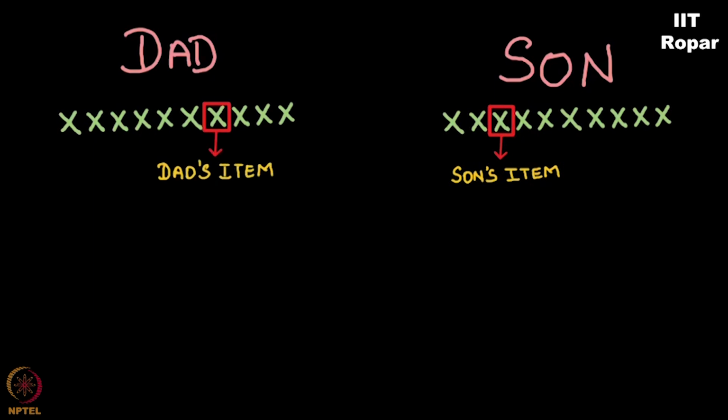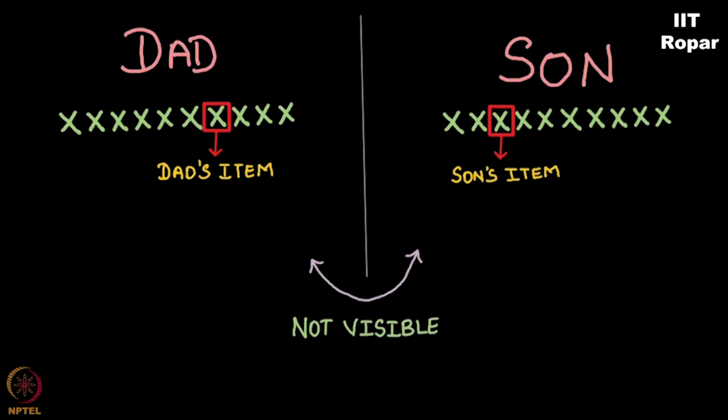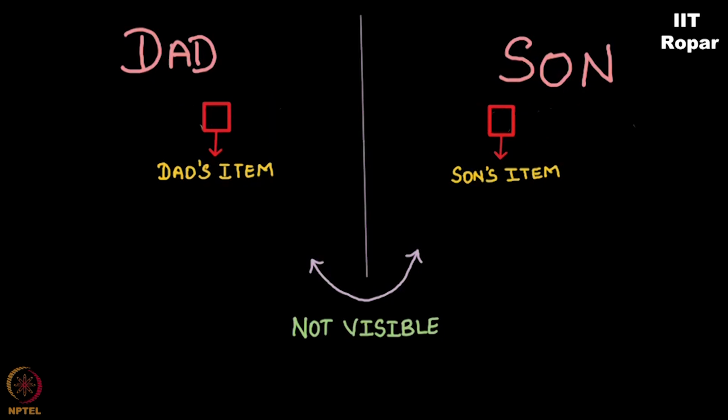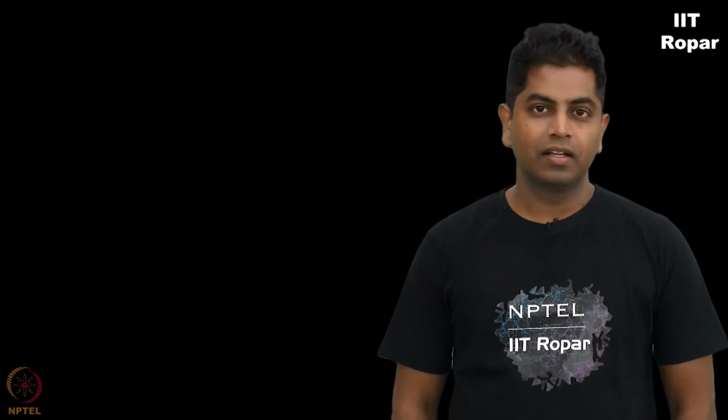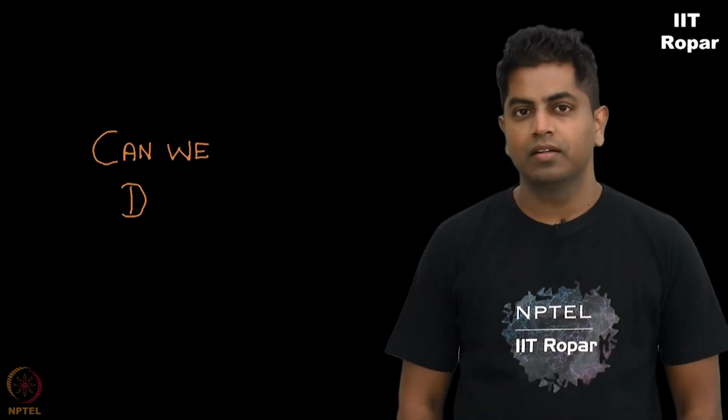And then now dad and son, both of them sit together. Dad doesn't know son's placeholder. Son doesn't know dad's placeholder. They both sit together and they start typing their 10-digit numbers by hiding their secret item in their secret placeholder. You see, the idea is cool. Can we make it a little cooler?